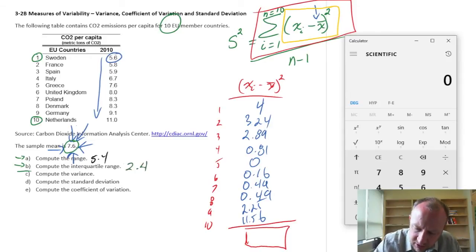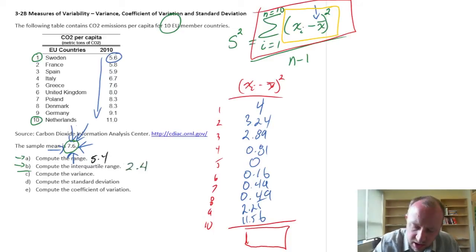So if I start at the top, 4 plus 3.24 plus 289 plus 0.81 plus 0 plus 0.16 plus 0.49 twice plus 2.25 and 11.56. So 2589. So that's our numerator,